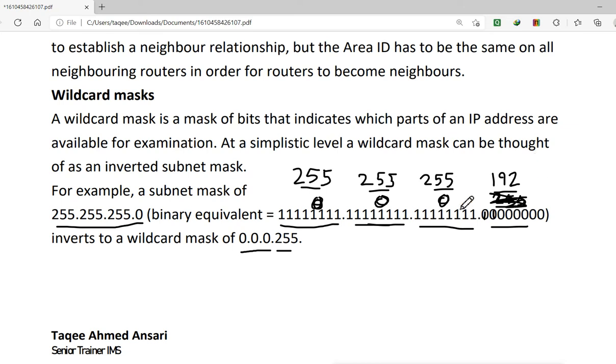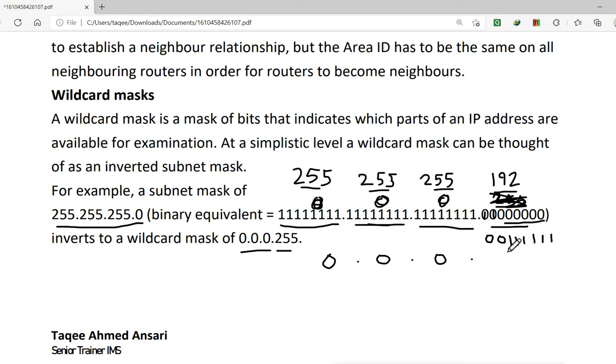Now when we convert this into a wildcard, these will become 0 dot 0 dot 0 dot. But here, these two bits are on, so these two bits will be turned off, and the remaining bits are off, so they will be enabled. What will the wildcard mask be for this subnet?